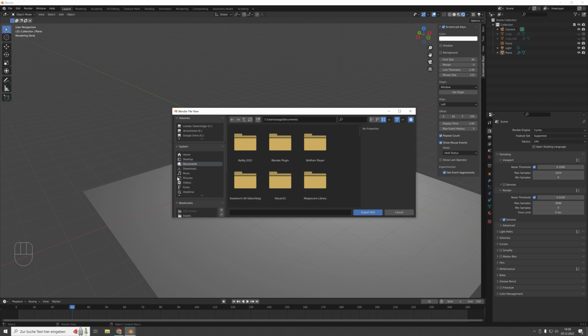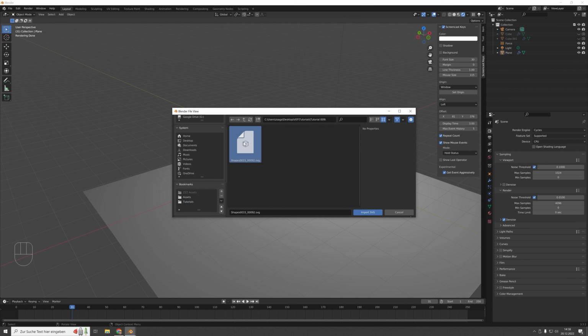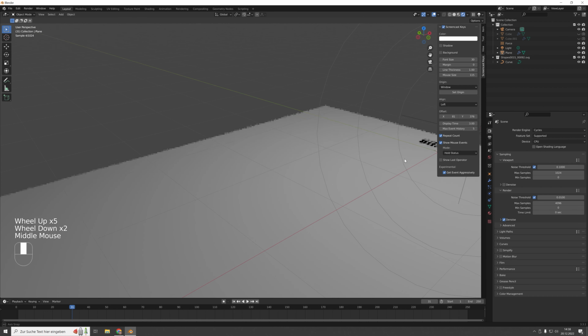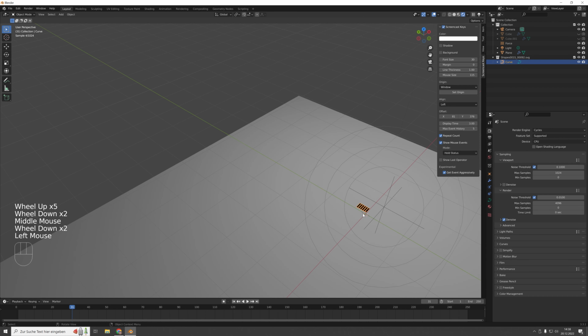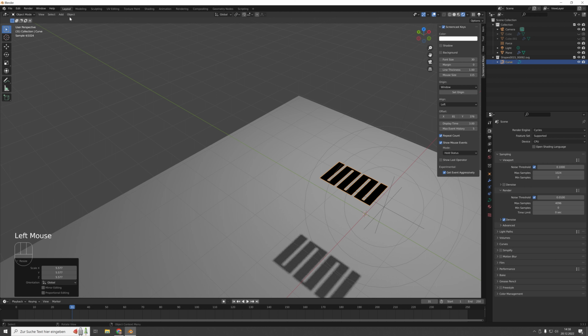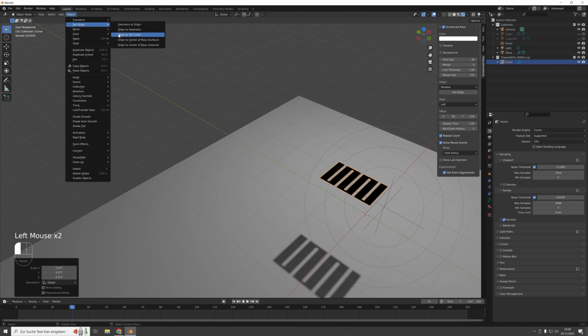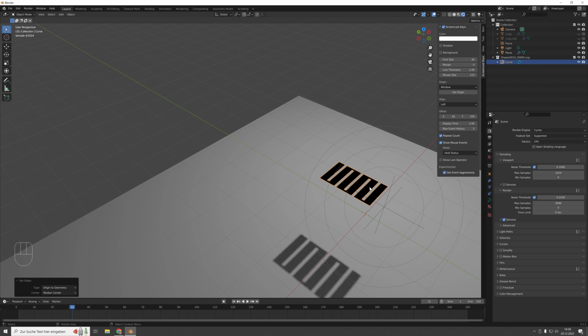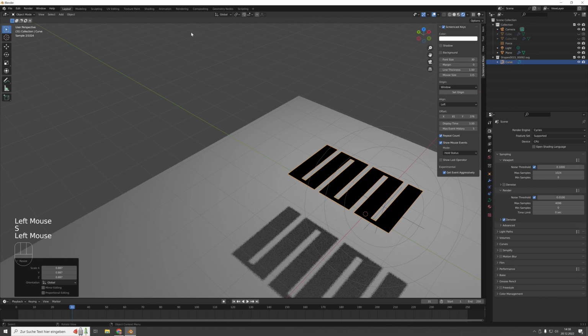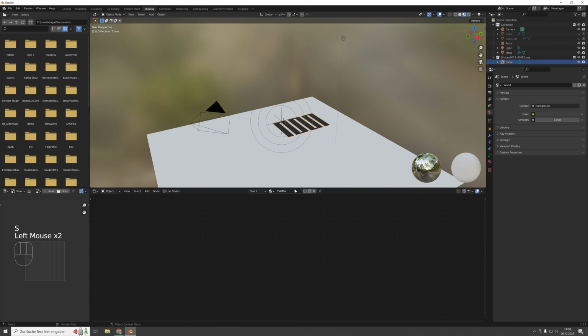Import SVG, and oh, there we go. And if I scale it, it's scaling on that yellow point here. It's a little bit weird, so we go set origin, origin to geometry, and now we have even scaling. Next thing, go to shading, delete this,